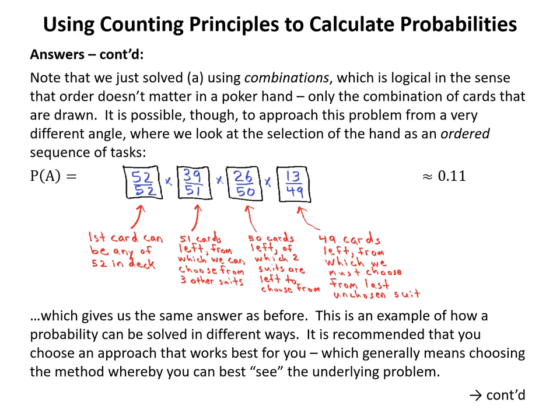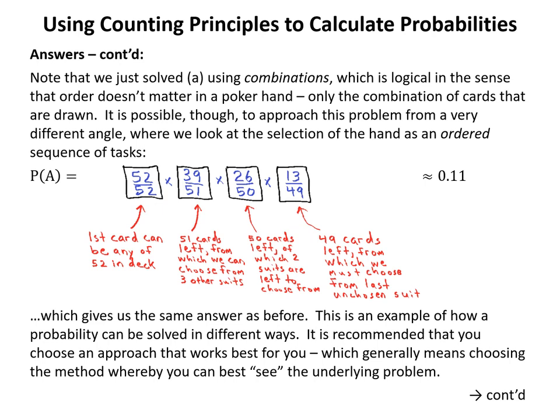And then we use the same logic for the other 2 remaining cards. For the third card, there's a total of 50 cards left in the deck after we've chosen 2, but only the 2 suits that we haven't chosen are still eligible, and that's 2 times 13, which is 26. And so the probability for the third card is 26 out of 50. And then for the last card, we can only pick the last suit that hasn't been chosen yet. So out of the 49 remaining cards, only the 13 in the last suit is a possibility in order for